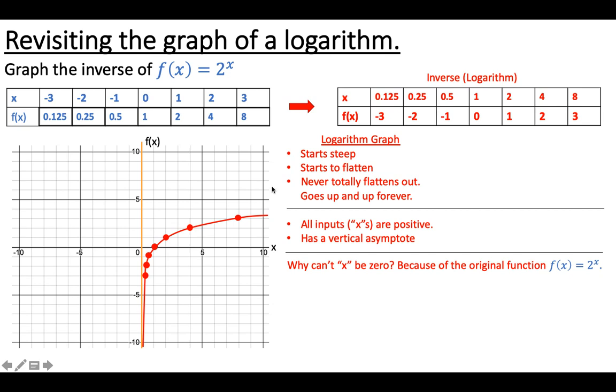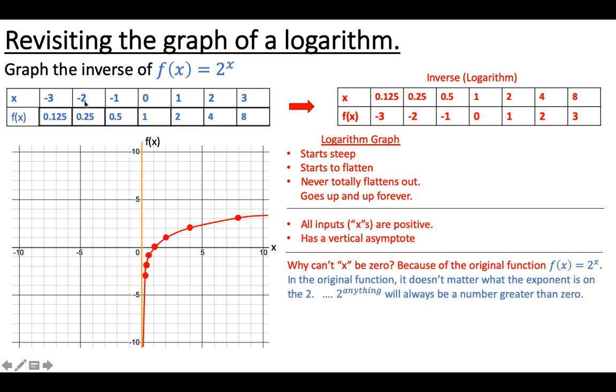Okay, I want to make sure I come back to this because it can be a little bit confusing. So let's revisit this a little bit. Why can't x be 0? It's because of the original function, the blue function. In the original function, it didn't matter what we plugged in. All of these y numbers were always greater than 0. That's because with x in the exponent spot, there's not any number you could put there. You could put negative 1,000 if you wanted to,